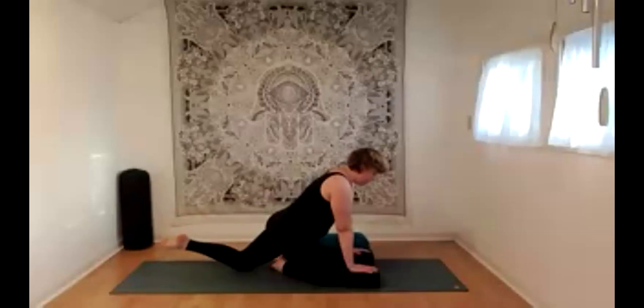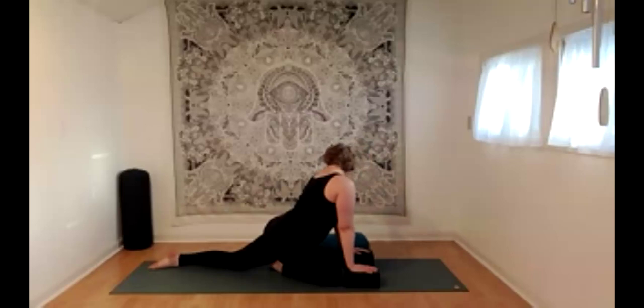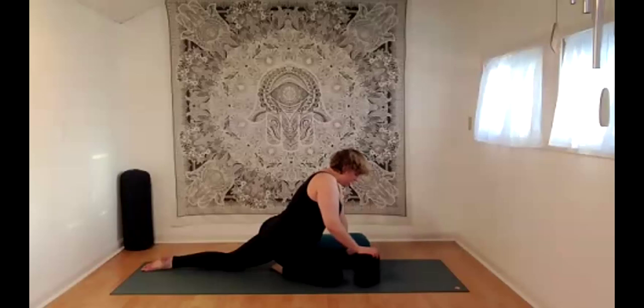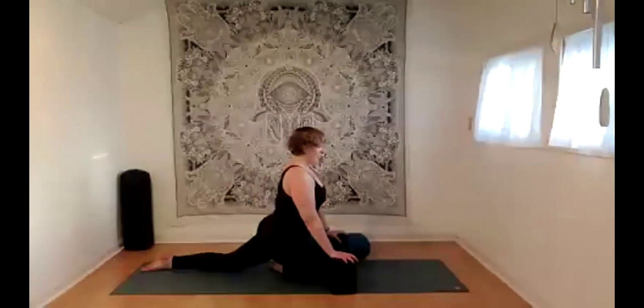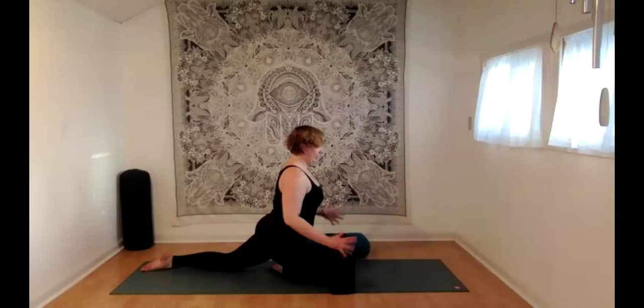So the left knee, flatten out to the top of your left foot. Take a little peek over your left shoulder and see if you can have your left leg just straight out from the hip behind you. If you're on your blocks, go ahead and come up to the highest setting and see if we can just rise up here first. Maybe you can feel that nice stretch happening through the left hip flexor. If you want a challenge, you could stay here for the time being,